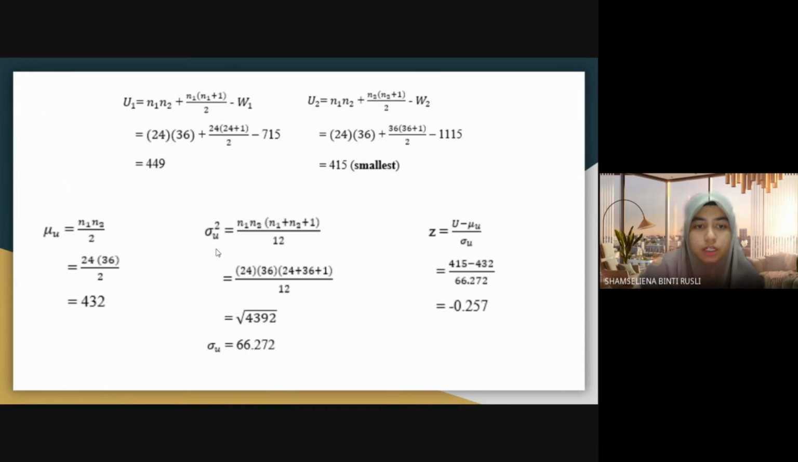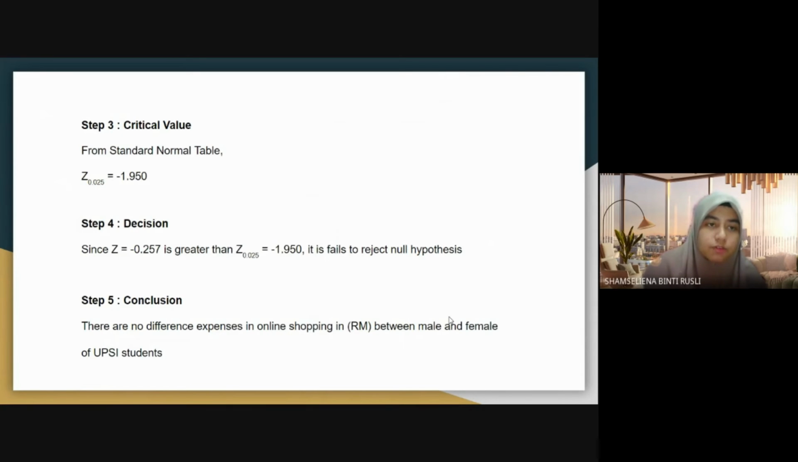Next, for the variance U, we got 4,392. We square root and we get the standard deviation, which is 66.272. And we substitute all the values we calculated in the equation of Z, and we got the Z value is negative 0.257. For step 3, critical value from the standard normal table, we get Z 0.025 equal to